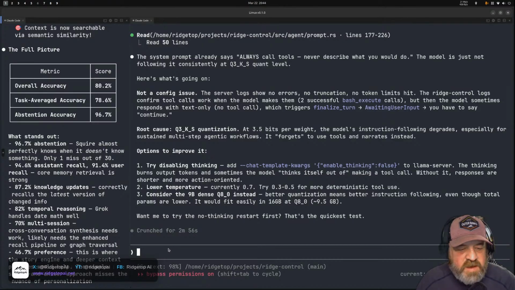Yeah, let's turn off thinking and see what happens there. So what it's saying basically, again, this is the problem, because I've done this before. This is the problem